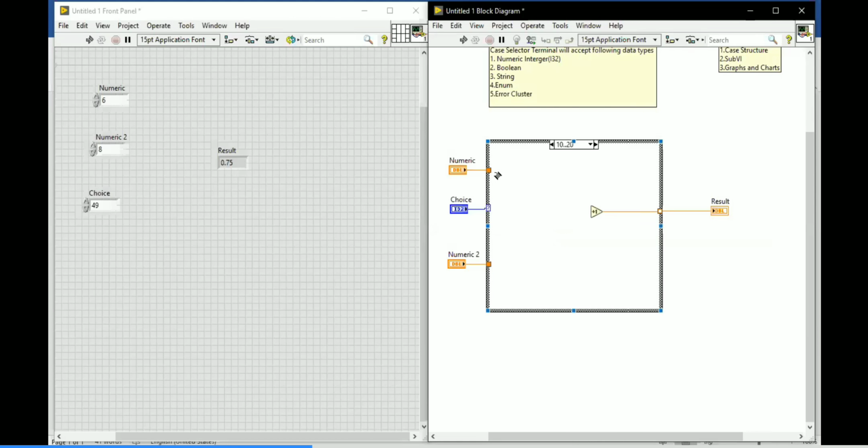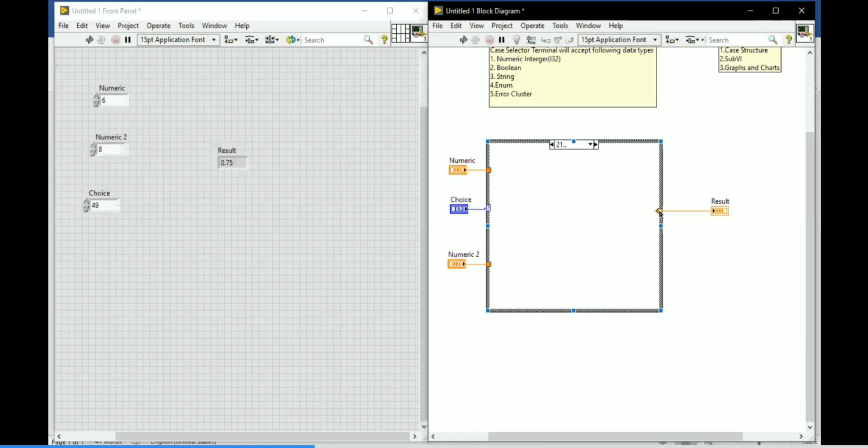Increment requires only one terminal. So if you provide the increment, yes, increment will be performed over there if the value is in the range of 10 to 20. That's one method. Suppose in the next case you don't want to perform any manipulation over there, then you have one option available.